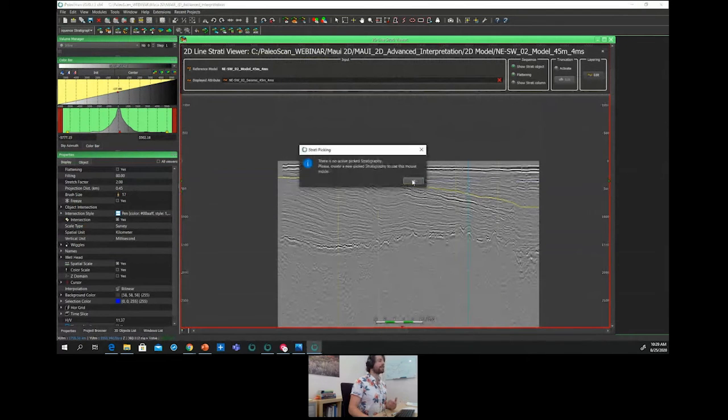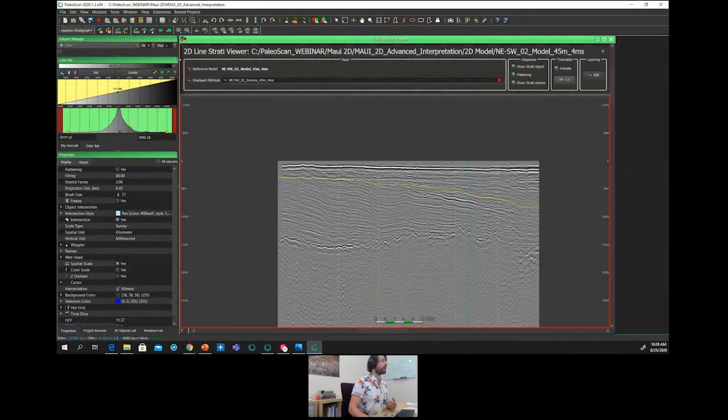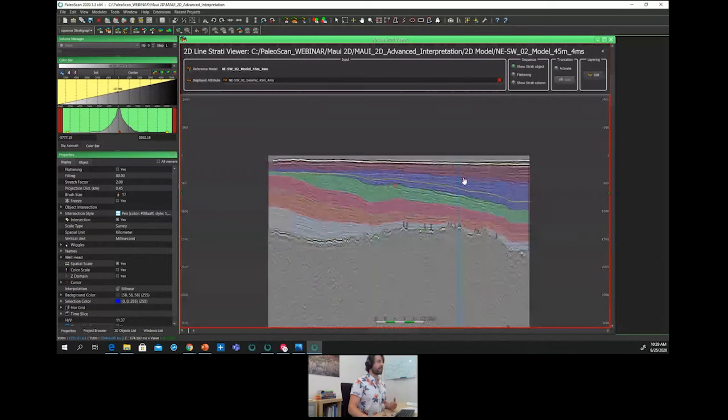So I just have to create a sequence thanks to this new sequence creation. Then I have to use the stratigraphic sequence picking mode, and I just have to create my different system tracts based on the seismic pattern, like this.